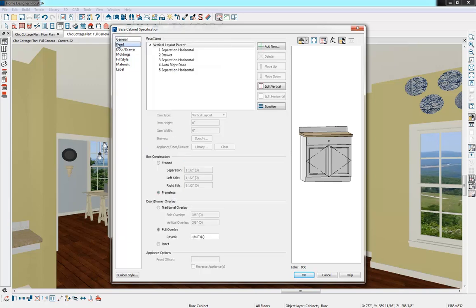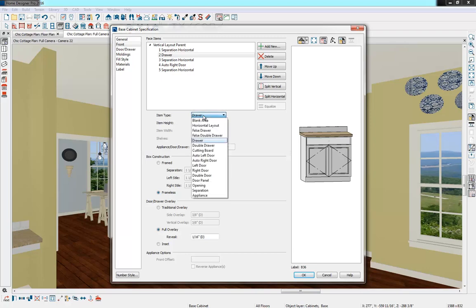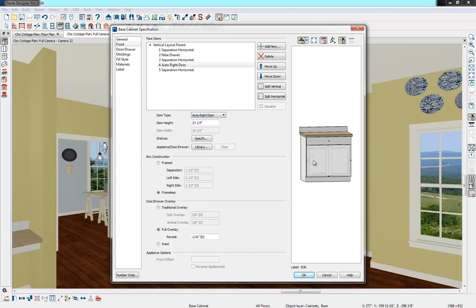We can then get into our front panel and modify the different components that make up this cabinet. So I'm going to single click on our preview here, just on our door or the drawer right here. You'll notice that item type is a drawer. We can change that from our drop down. I'm going to be placing a sink into this cabinet, so it will be our sink base, and we don't need a drawer when we're placing a sink in there. So I'll change it to a false drawer,